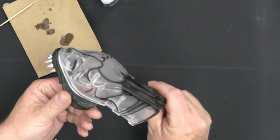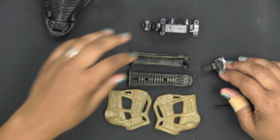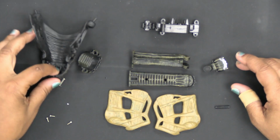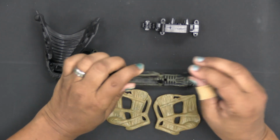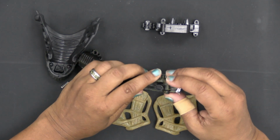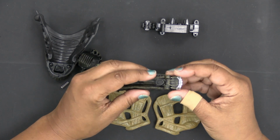And with that, stage 1 is complete. Or no, yeah, stage 1 is complete. Alrighty, here are your stage 2 parts. And the first thing we're going to do is take the lower jaw. We're working on the lower jaw, so we're going to take these 2